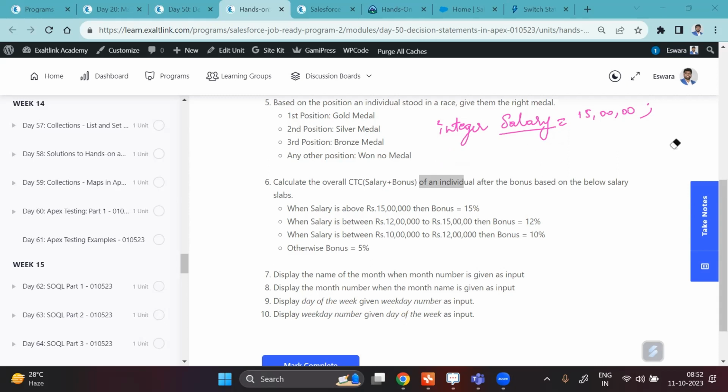Okay, so let's do one thing. Let's quickly do this. So if salary is greater than 15 lakhs, then what is the slab? Then slab equals to bonus slab or whatever it could be. You can write it like that. So bonus equals to